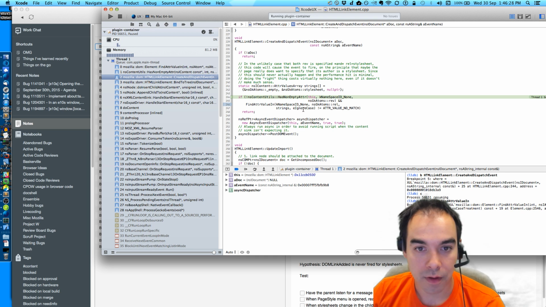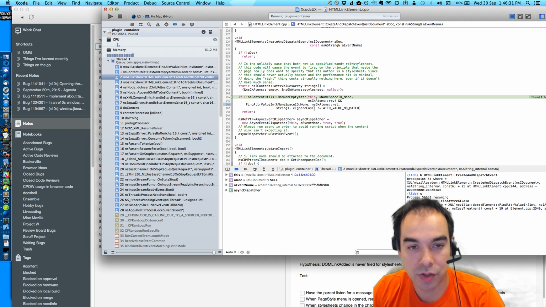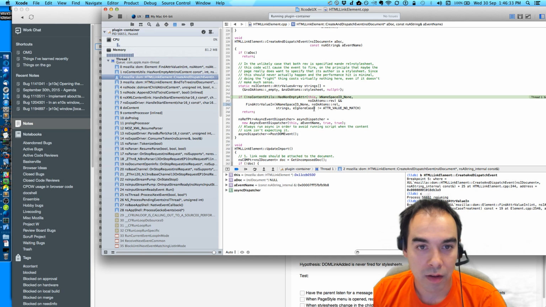If it's not no match, what does that mean? Has non-empty attribute. What is this?